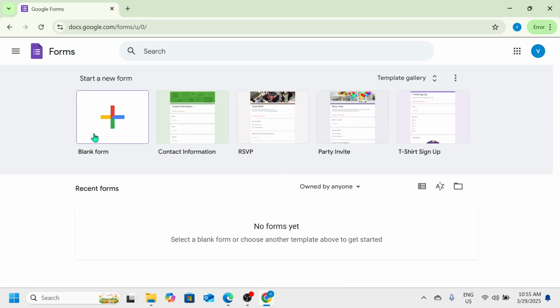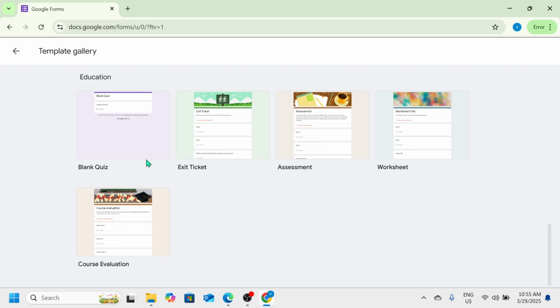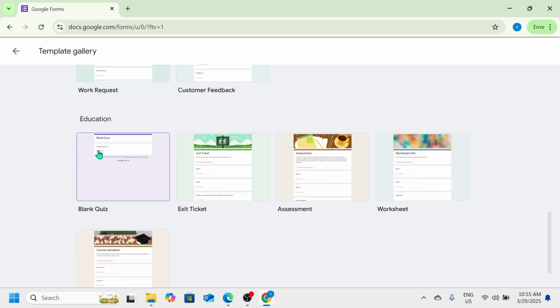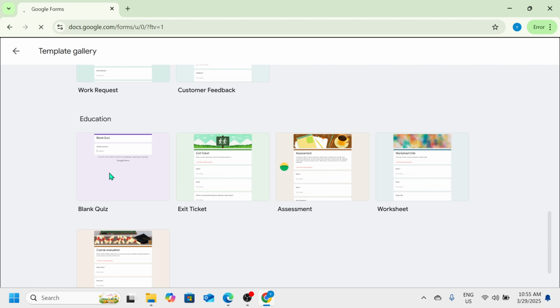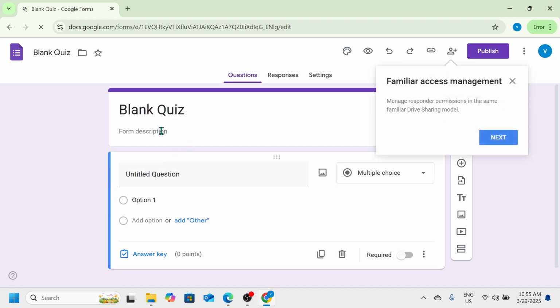And once you're already signed in your Gmail account, you will see here the options under start a new form. We have the blank form, contact information. So here we need to click on the template gallery and we will look for the blank quiz under education. So here please click on the blank quiz and just wait for this to load. And once you do that, you will see here the blank quiz